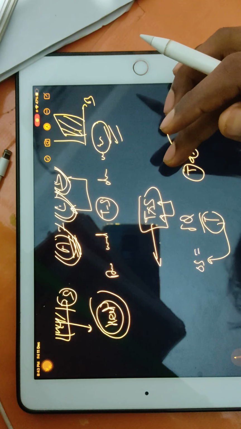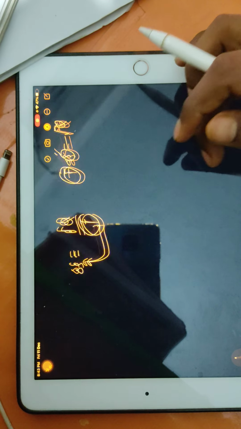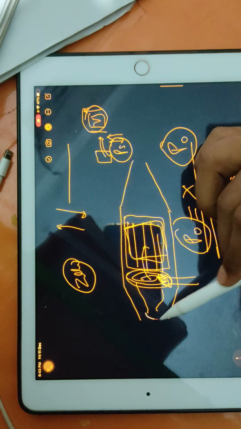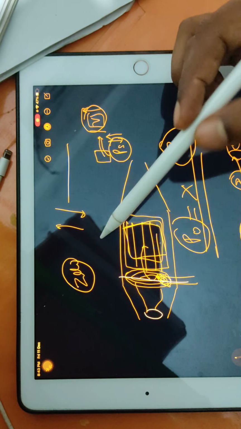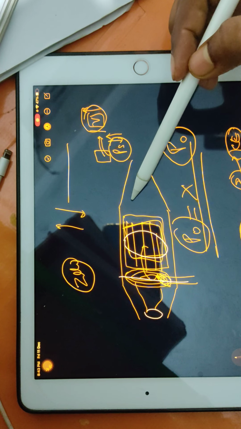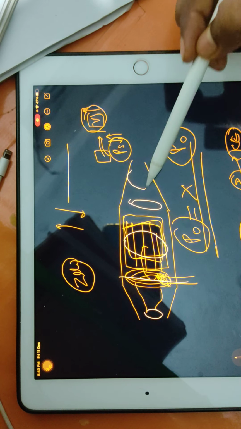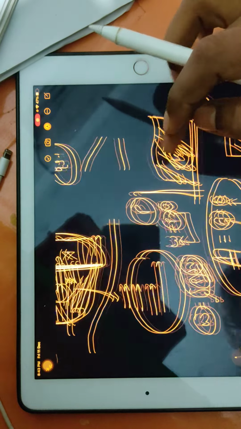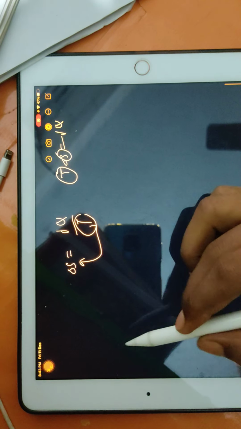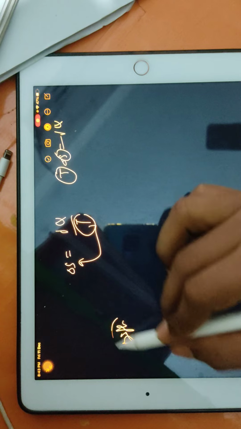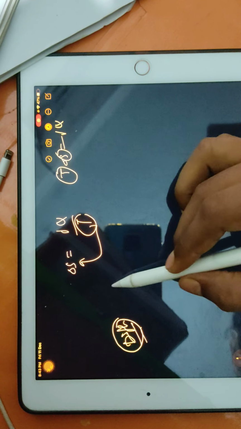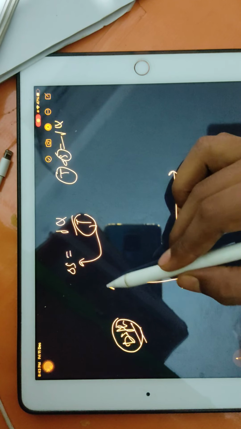So everything in jet propulsion, all the parts, meaning diffuser, compressor, combustion chamber, then turbine, and then nozzle, we are going to see them in detail just now. We will start with the diffuser and we will try to finish this in today's class. Let's go with the TS diagram.